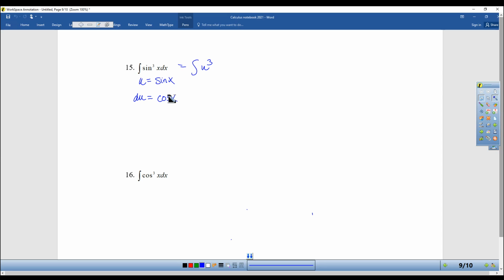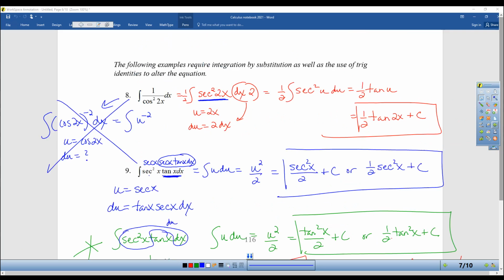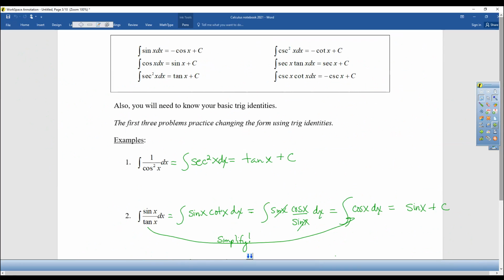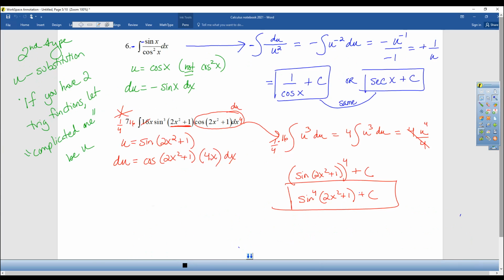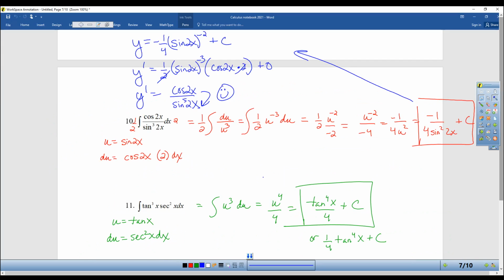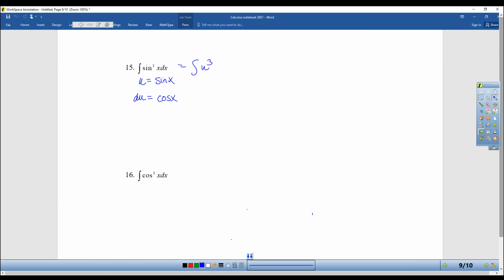But if you don't have two trig functions, and sine cubed is not on your list of 6, right? You can only do integrals with trig functions if it's on your list of 6. Then you have to figure out some way to change it. So either you do have two trig functions, or you make it into something that looks like it's on your list of 6. The key is to rewrite this as sine of x times